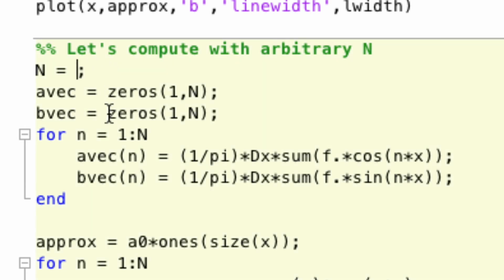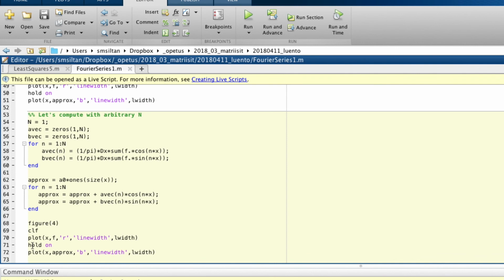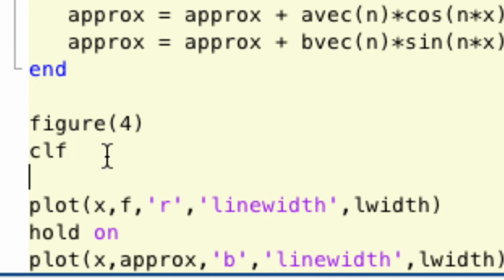With this one, let's go back to 1 and let me modify this picture just a little bit. Let's have 2 pictures on top of each other. So let's put this to be